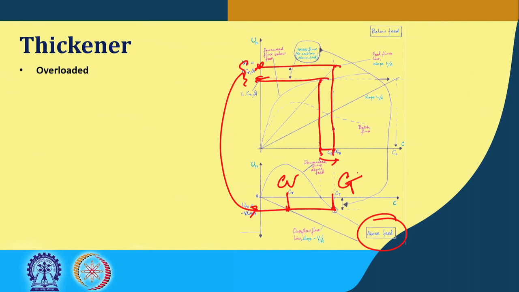So for any thickener problem, I hope you should be able to find out the concentrations below the feed depth and above the feed depth, at its critical operating concentration, provided sufficient information is given, like the batch settling data, the flow rate, the concentration of the feed, the feed rate.